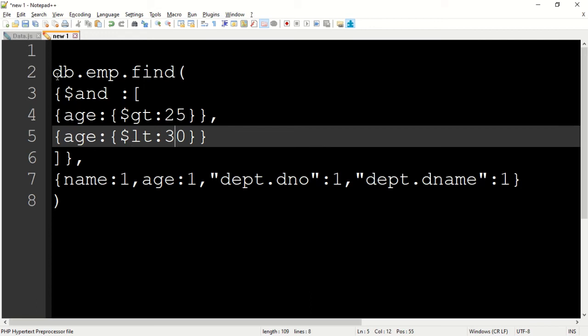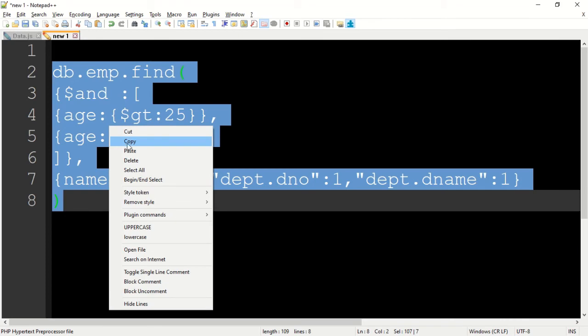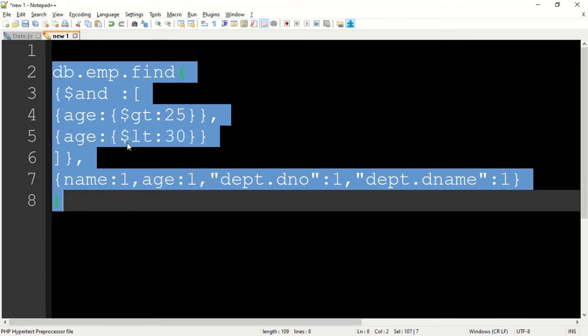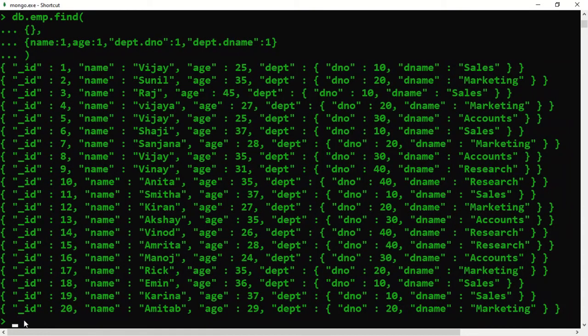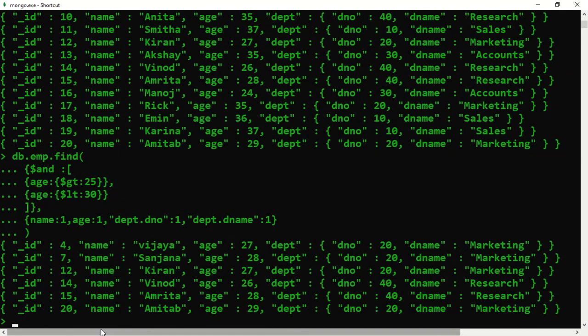So let's see. We'll copy all those things, right click, copy, and we go to our shell, right click, and press enter. So now these are the persons whose age is greater than 25 and less than 30, say 27, 28.